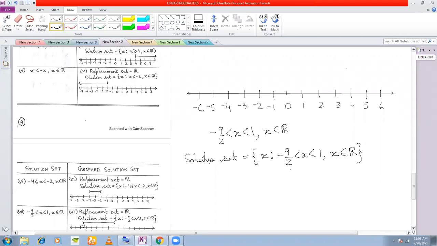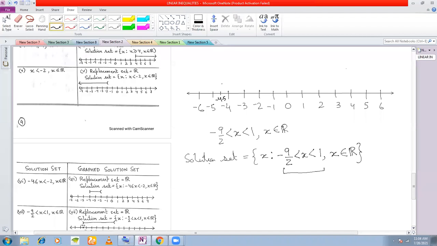Now what does this mean? This symbol again means x lies between -9/2 and 1, and it is not equal to both. That means it lies between -9/2 and 1, but cannot be equal to -9/2 and cannot be equal to 1. Is anyone asking anything? Okay, so my x lies between -9/2 and 1. So -9/2 is how much? -4.5. So -4.5 lies somewhere over here.